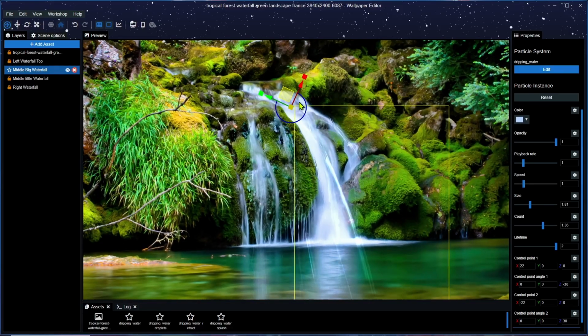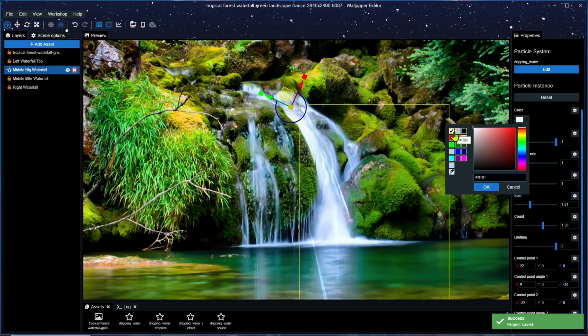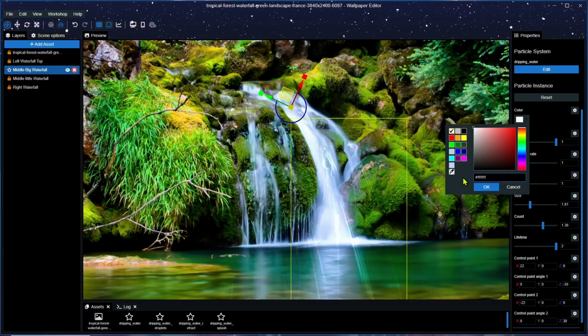So I mean, it's looking alright. Now we can change the colour. I'm going to change it to white and see what happens here. There's not much of a difference. I mean, you can have blood red water if you really wanted to. But I think maybe a grey,